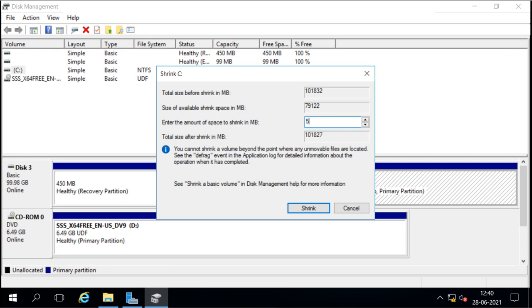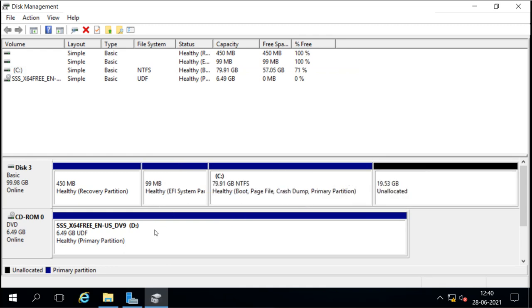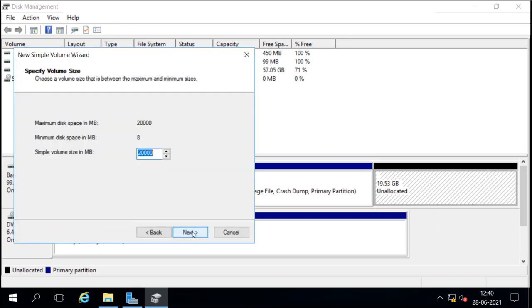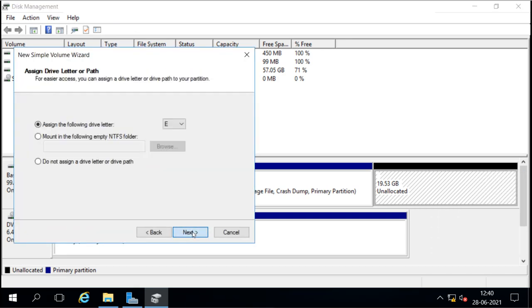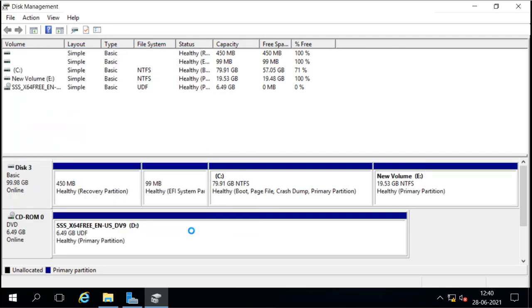I will use some 20 GB from it, or otherwise, if you have another disk with space, you can use that. I'm creating the volume here. The only thing is that we can't do it on our system volume.